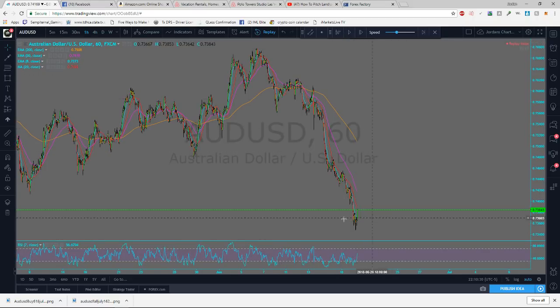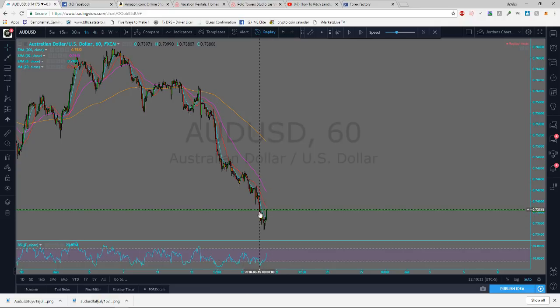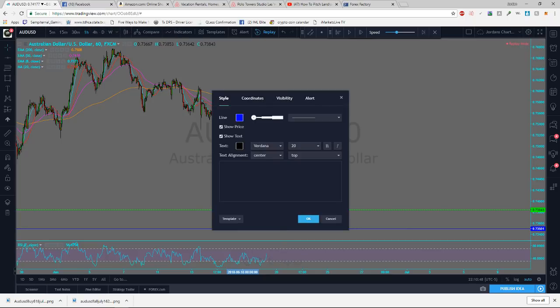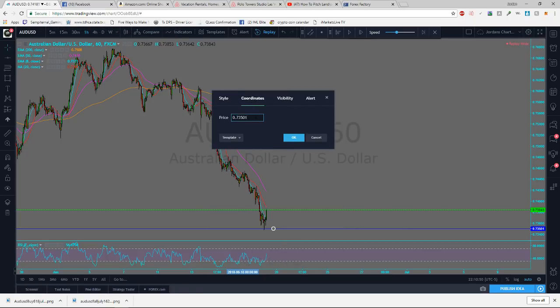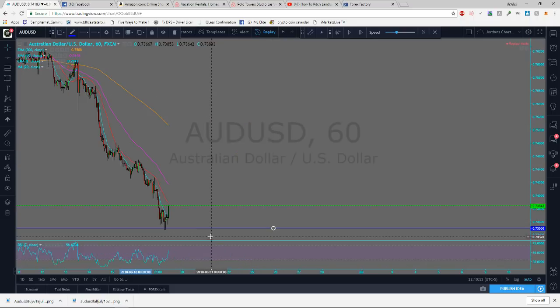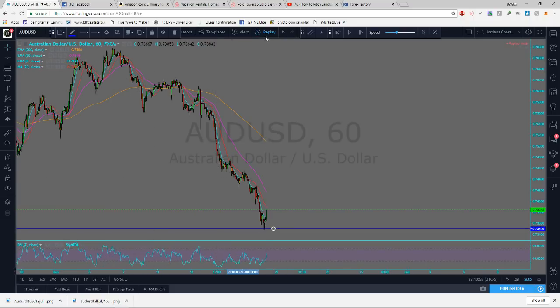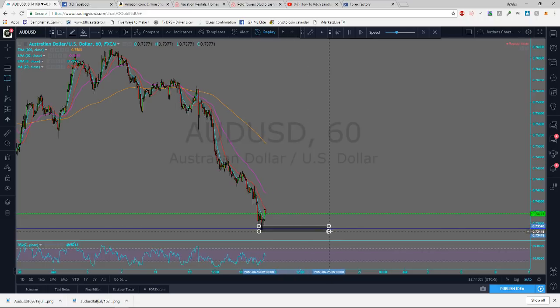Now as you see, there's a big rejection, so the price bottom can be somewhere in here. A good typical area where you can draw a little quarter level would be the 73500 area. And it's funny how price was there right before it took off. But like I said, we don't want to guess where the bottom was. So if we were to draw a little zone around this area,